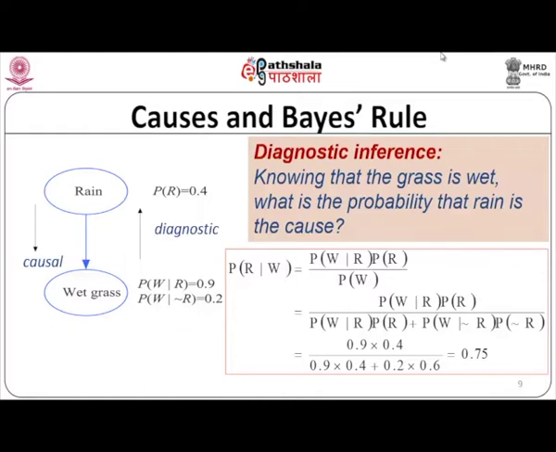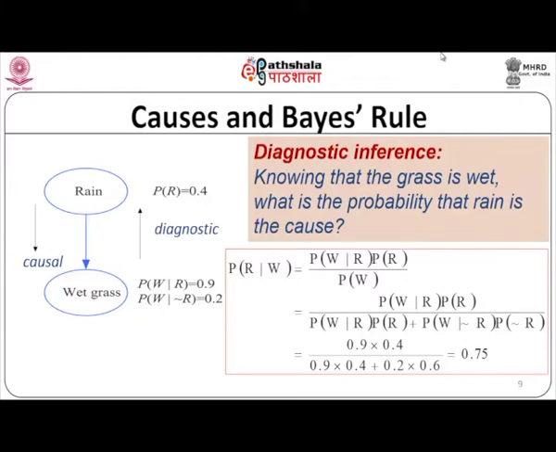Now, the probability of wet grass can be rewritten as the probability of wet grass given rain into the probability of rain, plus the probability of wet grass given not rain into the probability of not rain. So, we are replacing the probability of wet grass by two terms. With these values, the probability of wet grass given rain is 0.9 into the probability of rain,